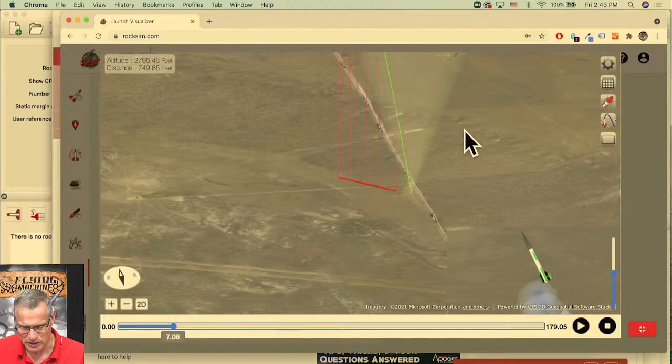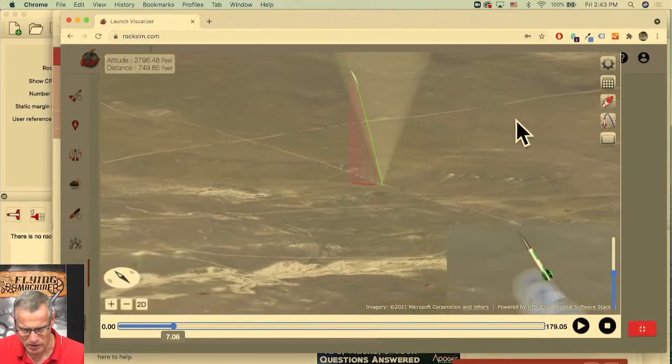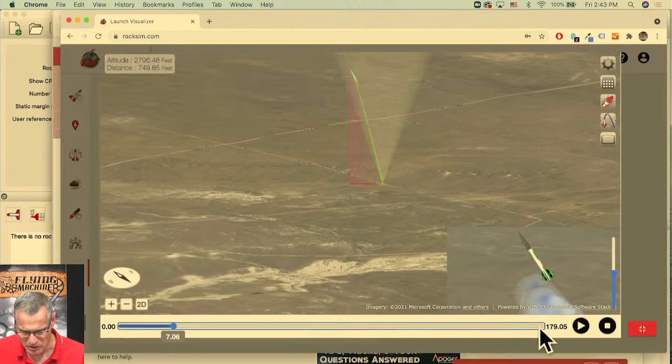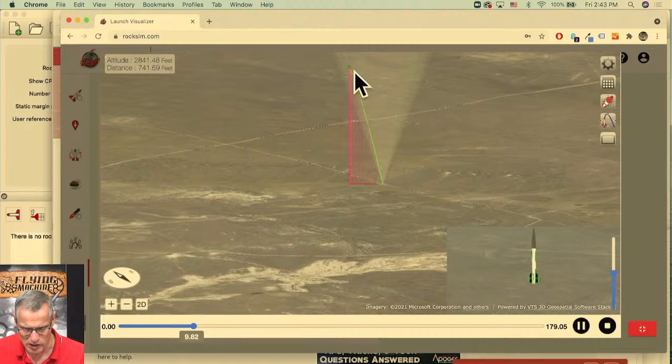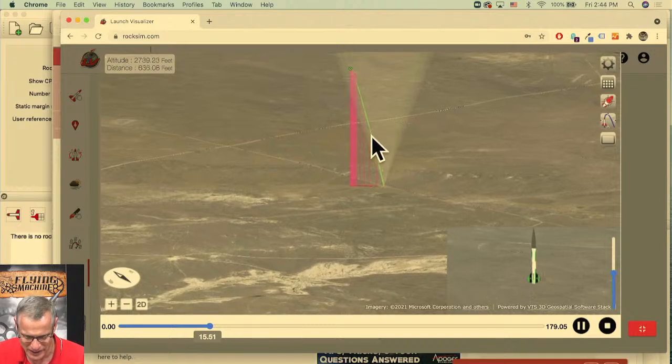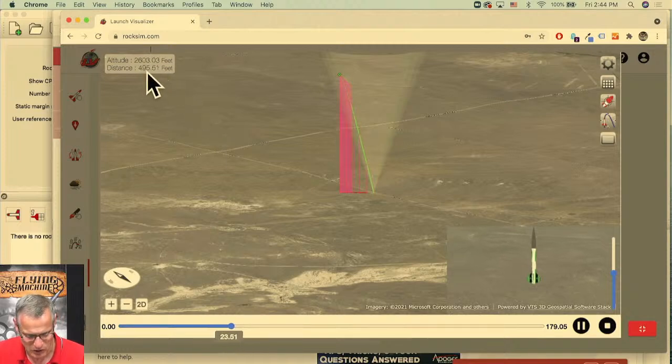This one looks like it's going to be outside the weathercocking cone, maybe inside the weathercocking cone. Maybe. Continue to play. Yep, it's inside because you got a green dot. So that's your tracking smoke right there, tracking powder, that green dot. Yeah, this is going to be a good walk on this one. We're already at, well, actually it's getting closer to the pad. But then when we get over here,